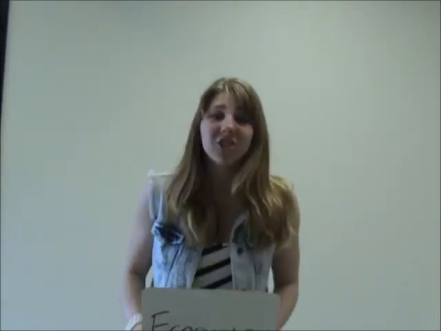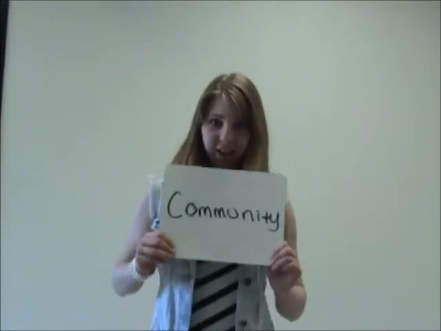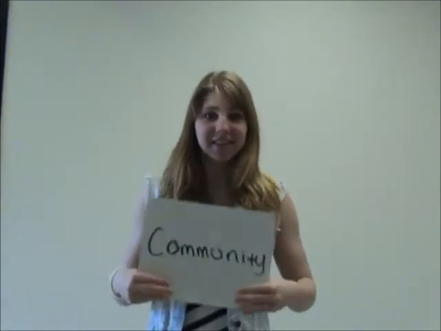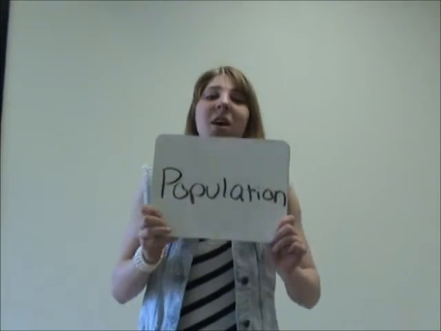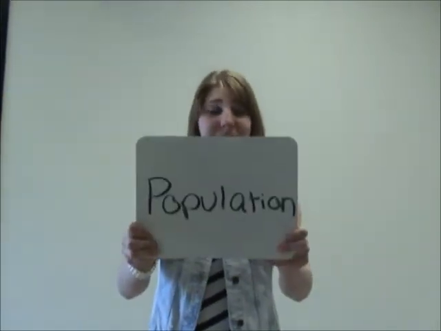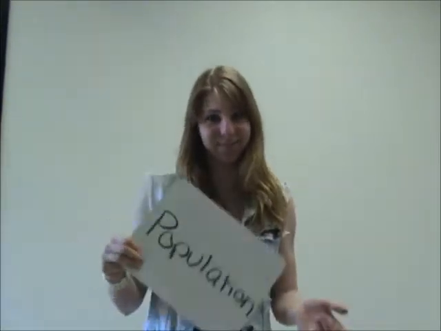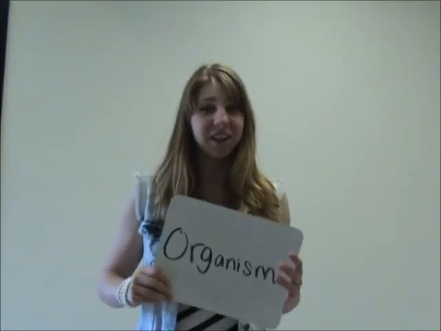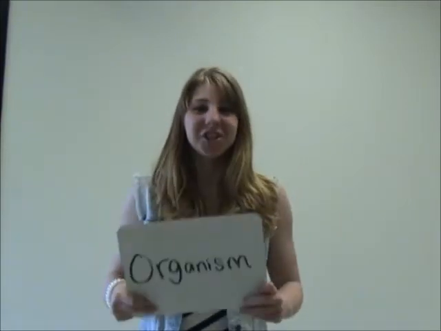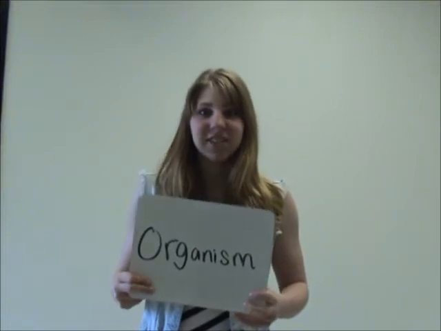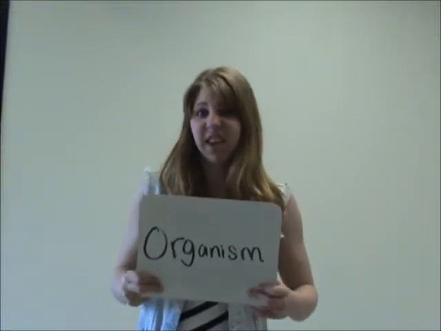The next level of ecology are ecosystems, which are all the living and non-living factors in an environment. Next are the communities, which are all the living organisms in one area at the same time. And then there's population, which is all the organisms of the same species living in the same environment at the same time. And lastly, the smallest level of ecology are organisms, which are just singular living things. Like this nice Homo sapiens shown here.